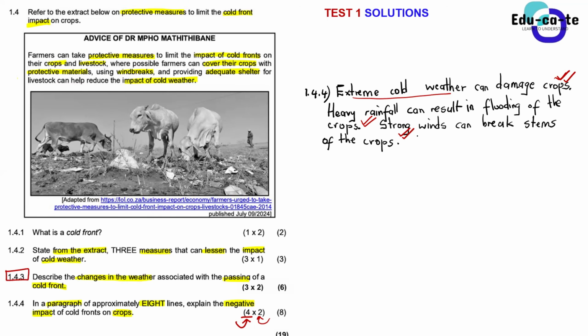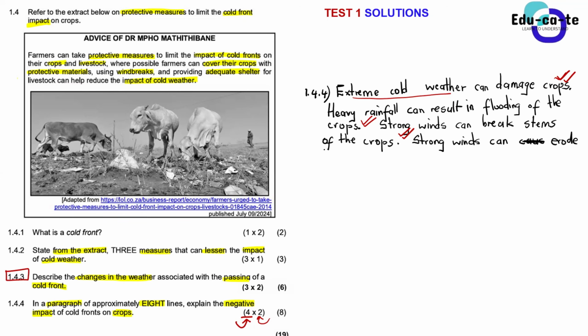Now let me talk about soil erosion. As Sam said, it is still caused by strong winds, so I'm allowed to also say that the cause is strong winds, and these strong winds can do what? They can wash away the top fertile soil, or cause soil erosion. Let's just say it can erode the top fertile soil.